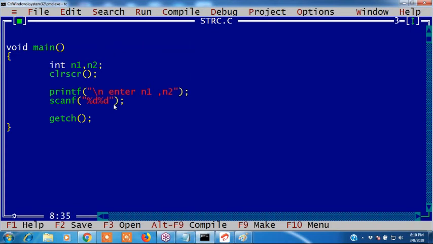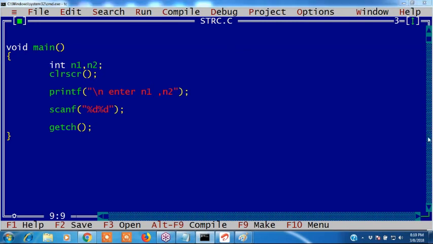Are you following? Did you get this point? Lohit, did you understand this point? Lohit, I did not write any address of n1 and address of n2. Varalakshmi. Yes, sir, I got it. Right? I did not mention any variables. First, these values stored in the buffer area.